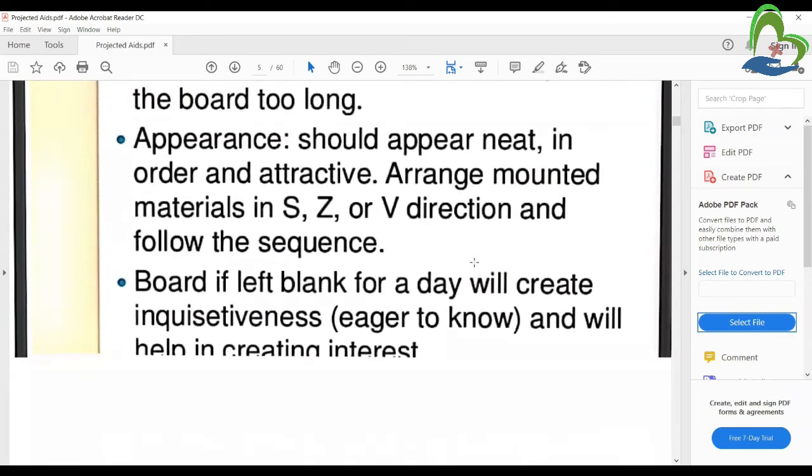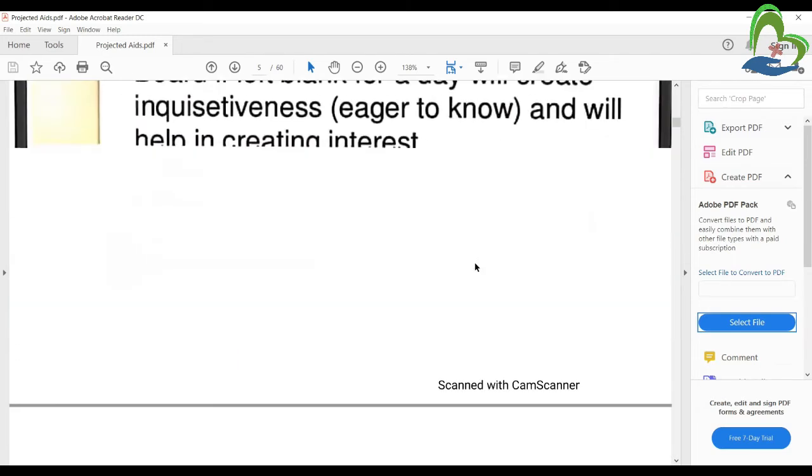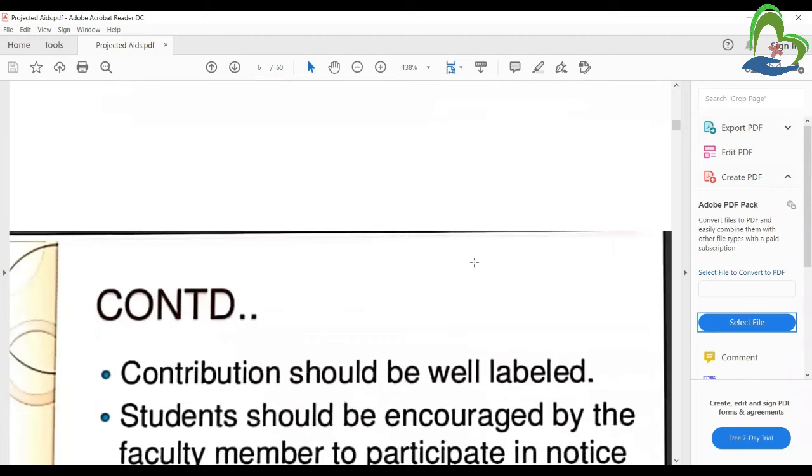The board is left blank so that it will create questions and create interest, that is, how to focus on this information, right? In the blank space, write in bright colors, in different light colors, to show off the information, right?